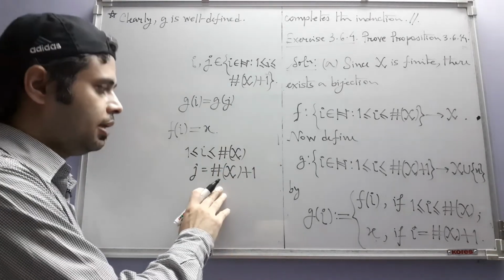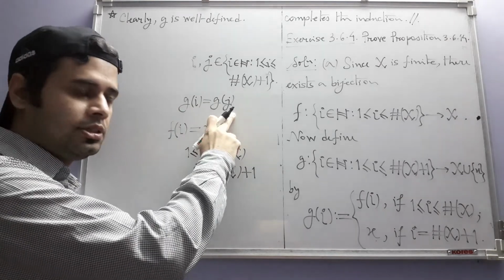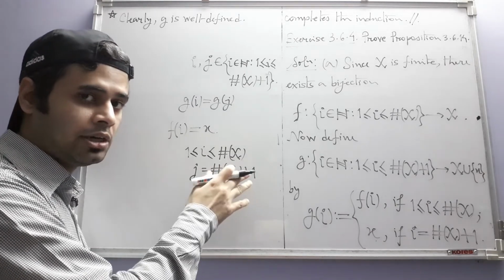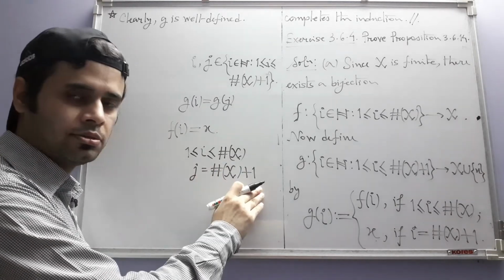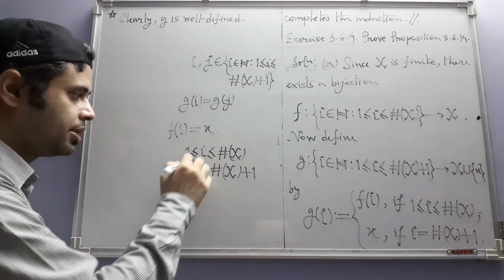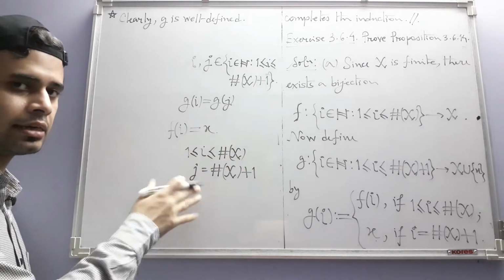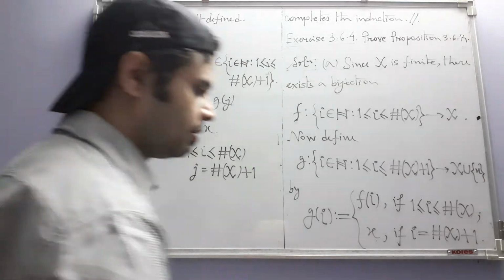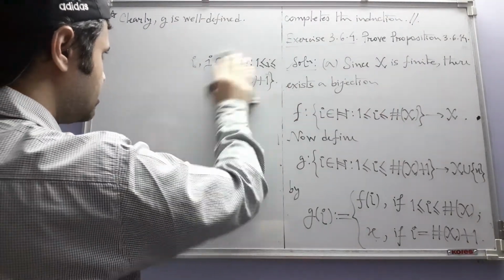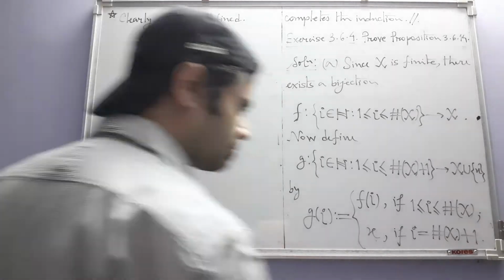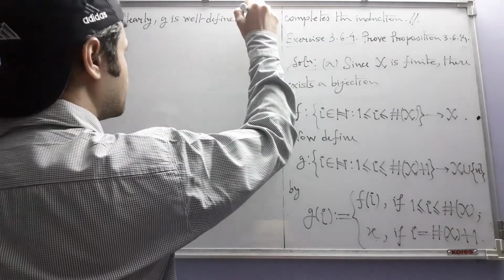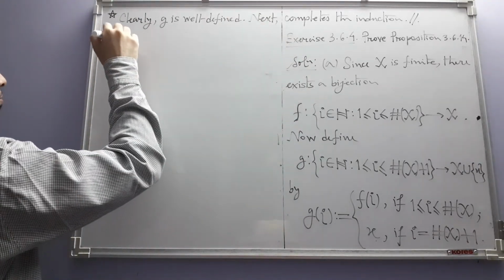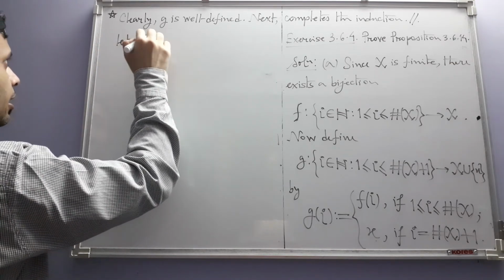So that means if we have g of I equal to g of J, then either both I and J satisfy these inequalities simultaneously, or both of them are equal to this. A similar contradiction appears if you consider J here and I here, which is actually nothing different. We are just considering them in an interchanged manner. So let us now write these things properly. Next, let I and J